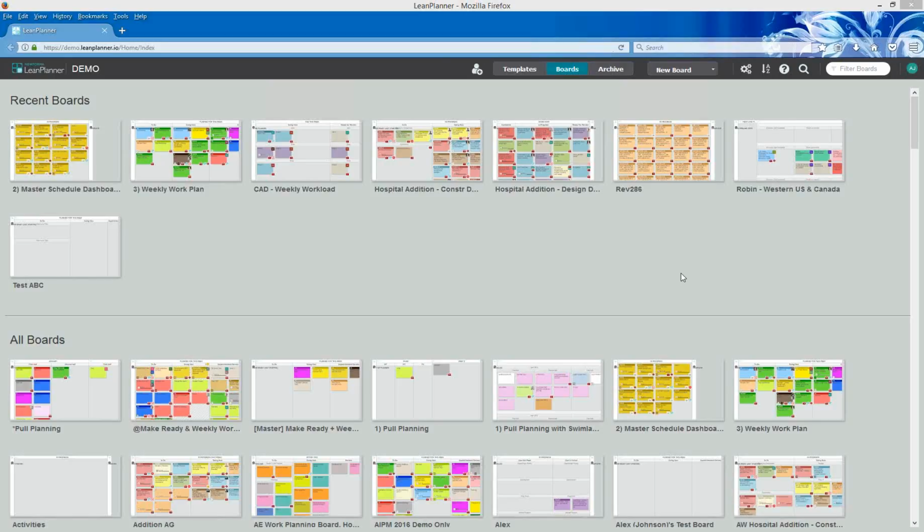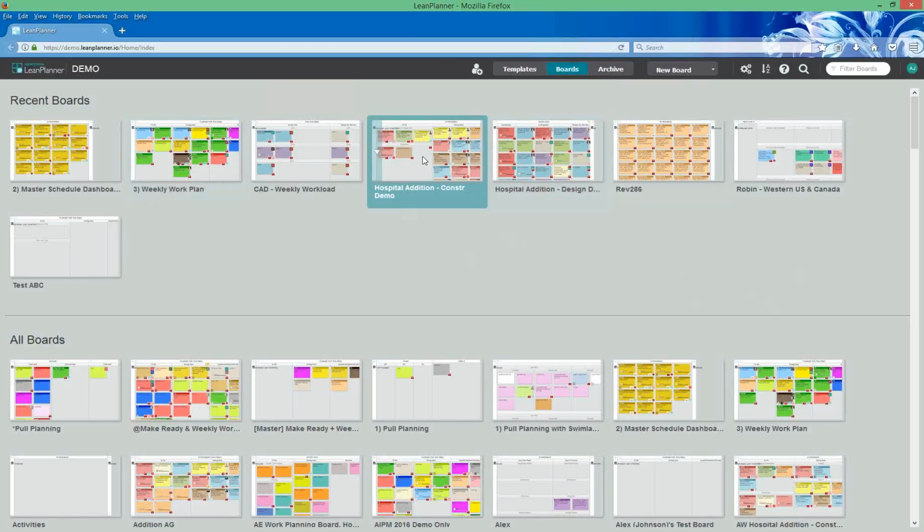So just a little background there, and then the whole point here is that it's a real-time, visual understanding of the status of the work, right? This is in the cloud. You can see I'm logged in on my browser, and anyone you give access to can see it. You can have as many boards as you want. There's no, hey, we only have room on the wall for so much space.